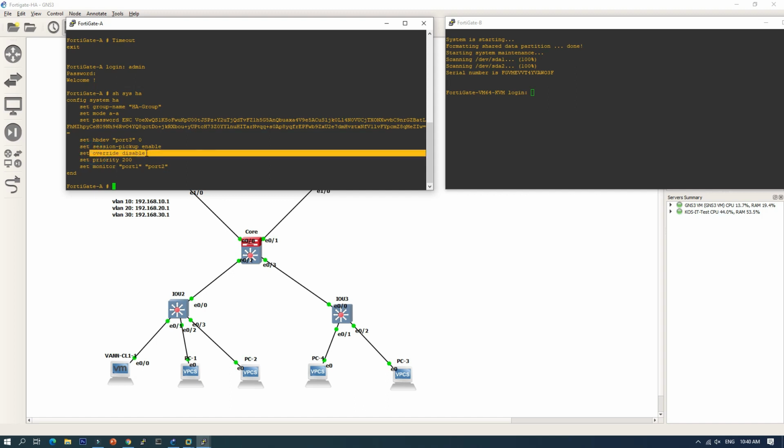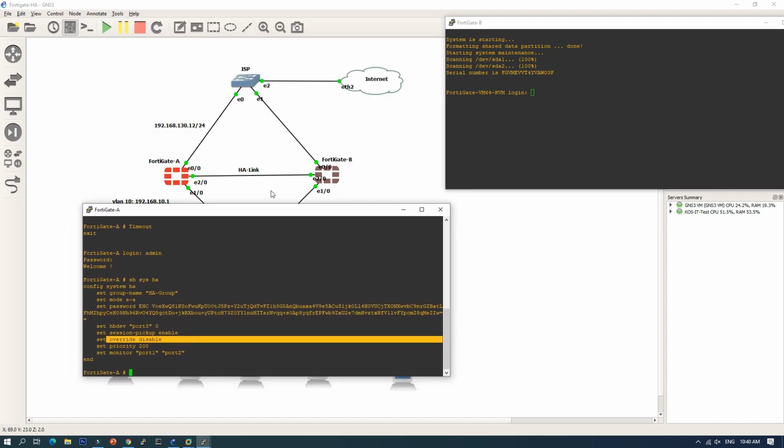If it's like this, when HA happens, for example, when FortiGate A goes down, FortiGate B will become the master, and after that FortiGate A comes back online in our network, and they can talk to each other, but FortiGate A is still the slave.